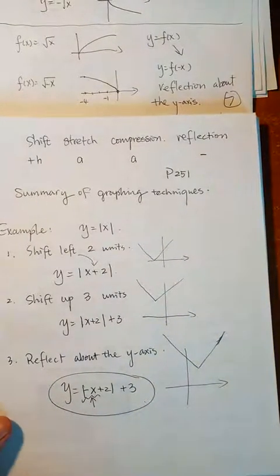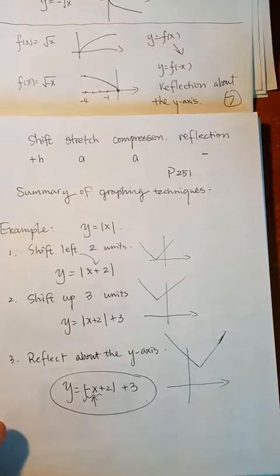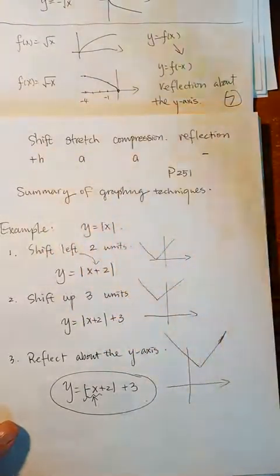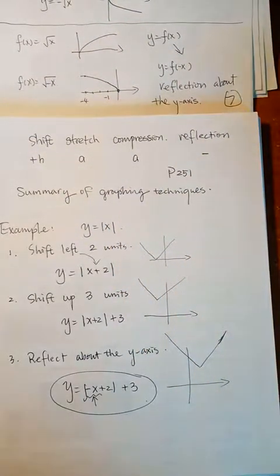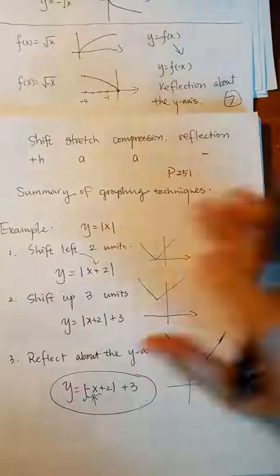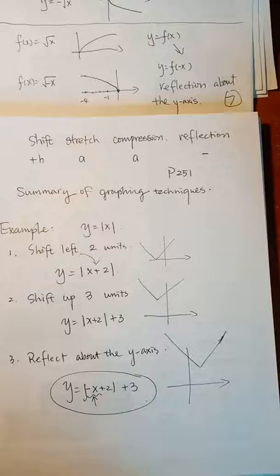Okay, so this section is very short and compact. It contains four different things: shift, stretch, compression, reflection. And they are all related to addition, subtraction, and multiplication by a number, either positive, negative, greater than 1 or less than 1. So you have to really do the exercises and get the correspondence. There's no easy way to memorize all of them. You just do the practice and you will get the feeling. Okay? So that's the section